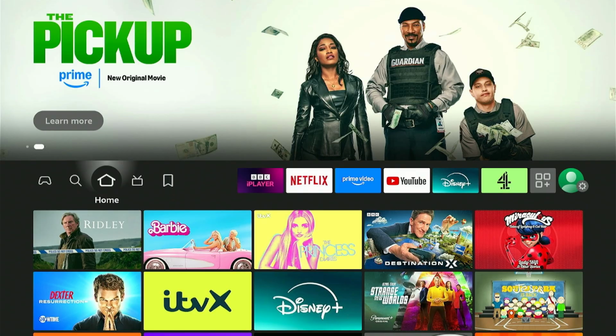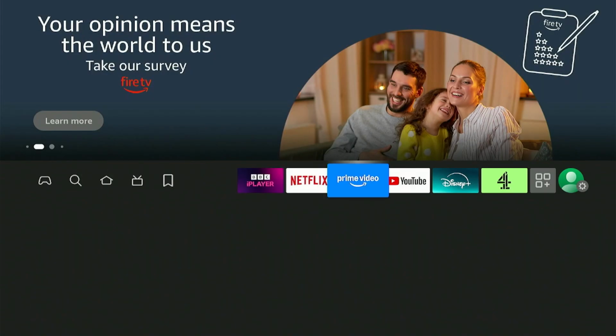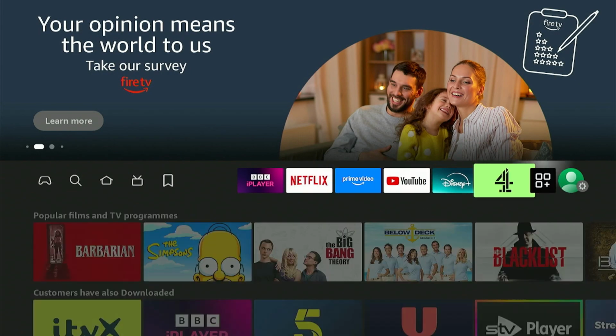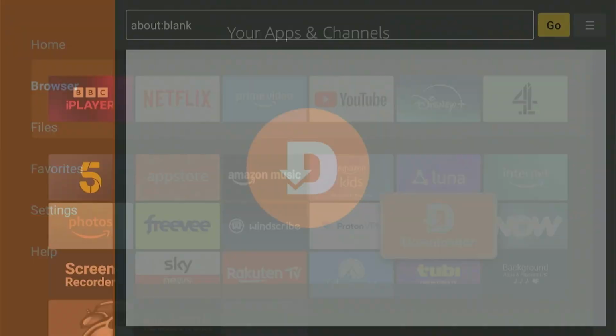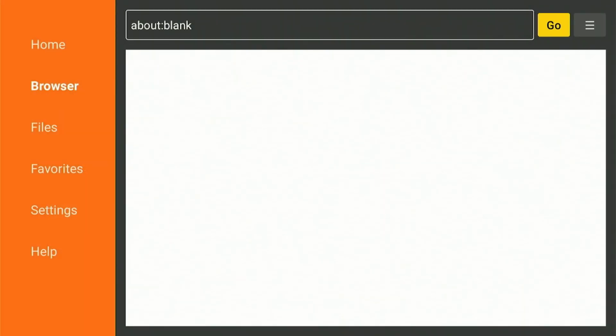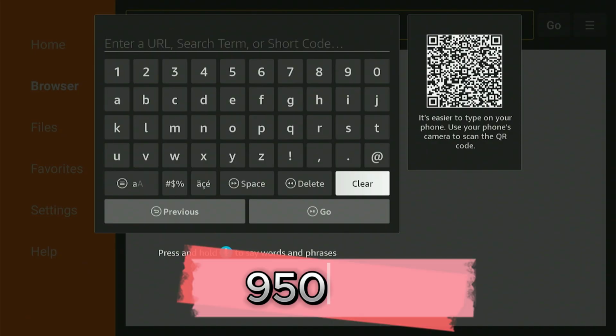So let's get started. Grab your Firestick remote and let's dive in. So once you have a downloader installed, you can open it up. I'll just go to the apps library and select downloader. Then we will need to click on this and enter in the code